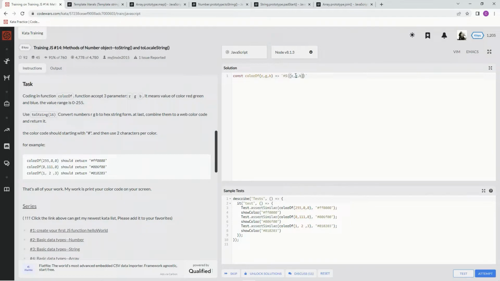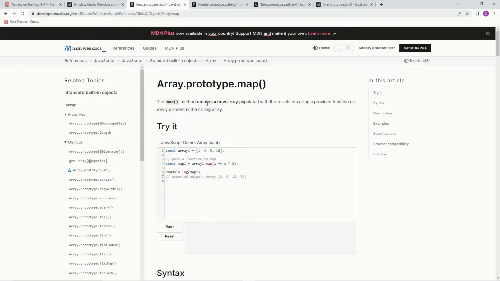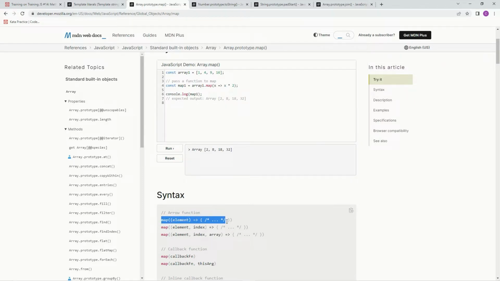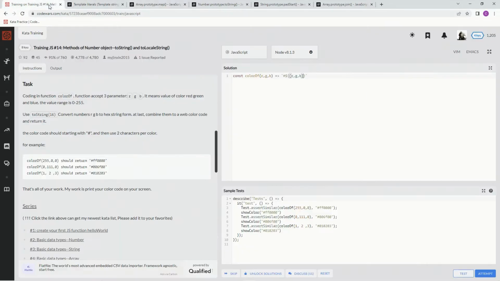Now that we've got an array to work with, we're going to use the map function. The map method creates a new array populated with the results of calling a provided function on every element in the calling array. Like here, x times 2, so 1 times 2 is 2, 4 times 2 is 8, 9 times 2 is 18, 16 times 2 is 32. You run it, and that's what happens. We're just going to use this arrow function syntax right here. So we're going to do map,